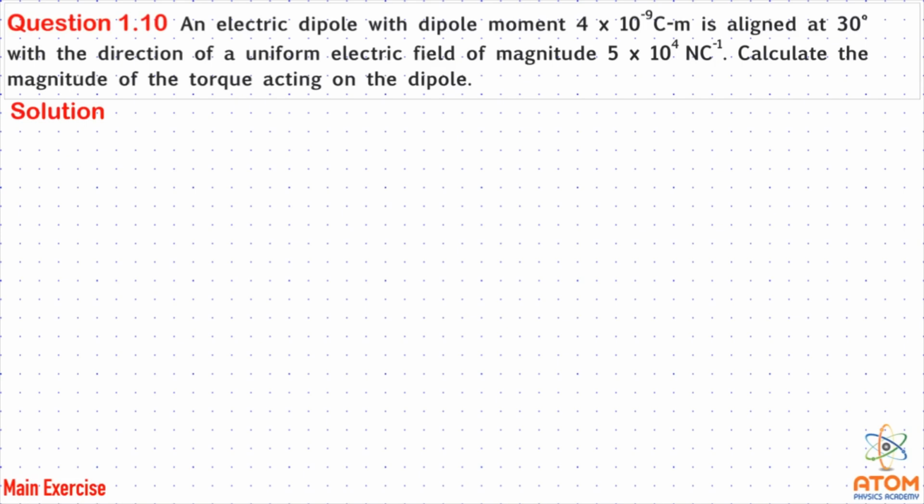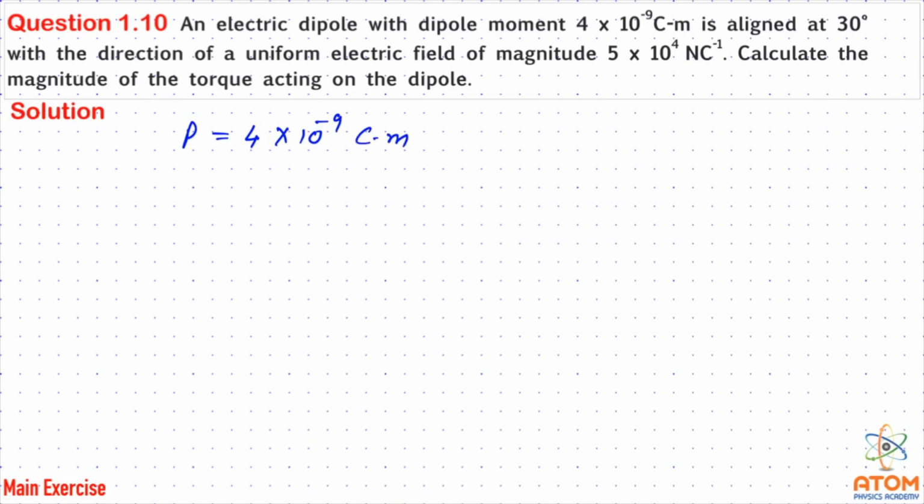Now question 1.10. An electric dipole with a dipole moment 4 into 10 raised to minus 9 coulomb meter is aligned at 30 degree with the direction of a uniform electric field of magnitude 5 into 10 raised to 4 Newton per coulomb. Calculate the magnitude of the torque acting on the dipole. Well, this is rather objective than a numerical, I would say. Here we need to find out torque. Before that, see, this is the dipole moment given here. So dipole moment P is already given as 4 into 10 raised to minus 9 coulomb meter,